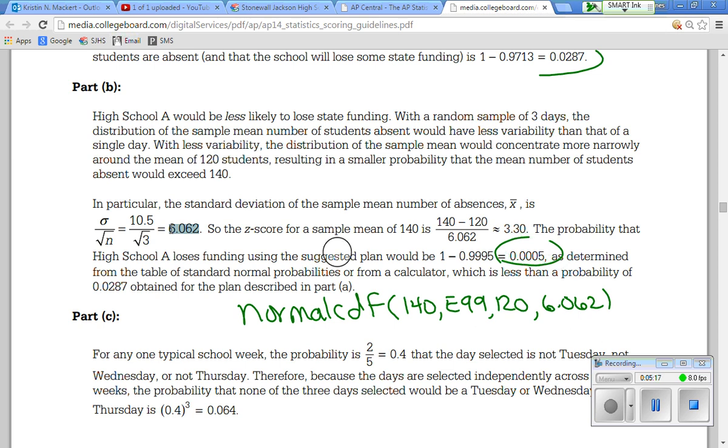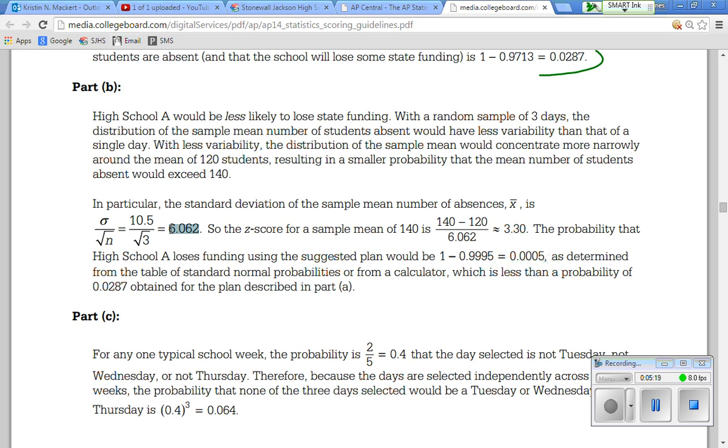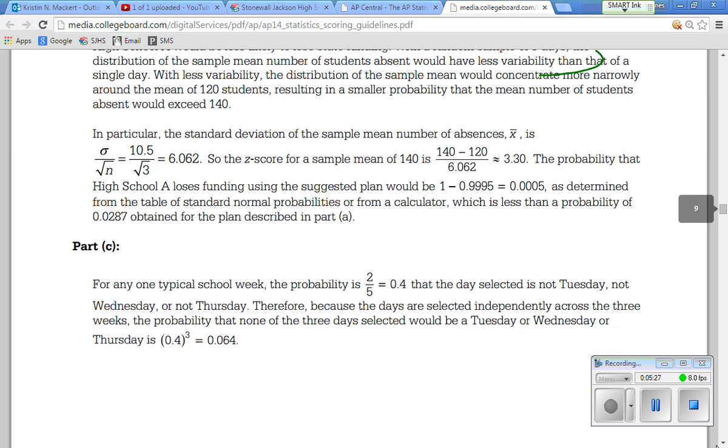Right. And I'm thinking that we're in question B, so that should, anyway. All right, so let's look at part C. I know, I just don't like it over here. It's mad. All right, so for part C, it's asking you to calculate a probability again, but in this case,